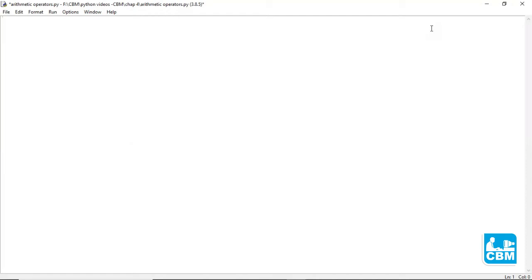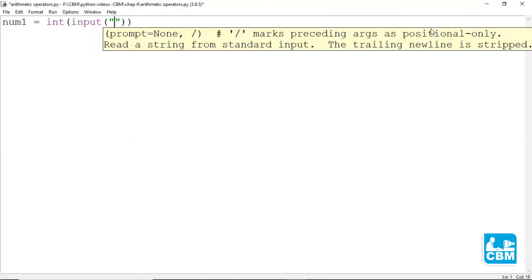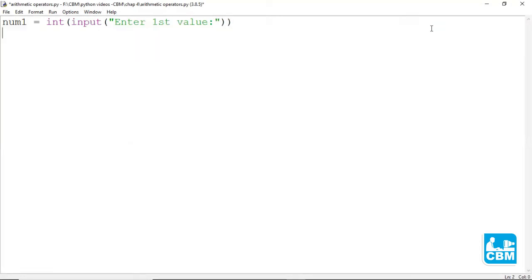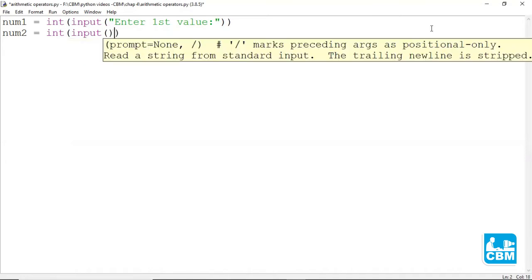So we'll need to define two numbers first. num1 is equal to int input, enter first value. num2 is equal to int input, enter second value.